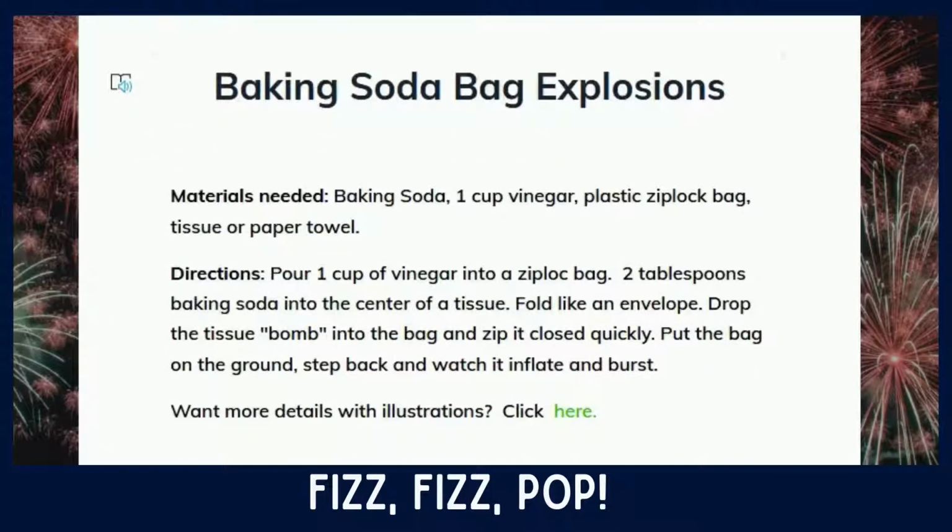For our first experiment, we're going to do baking soda bag explosions. And the materials that you need for this are baking soda, a cup of vinegar, a plastic Ziploc bag, a tissue or paper towel. All you have to do is pour a cup of vinegar into a Ziploc bag,